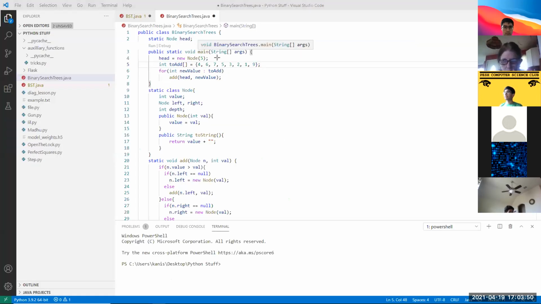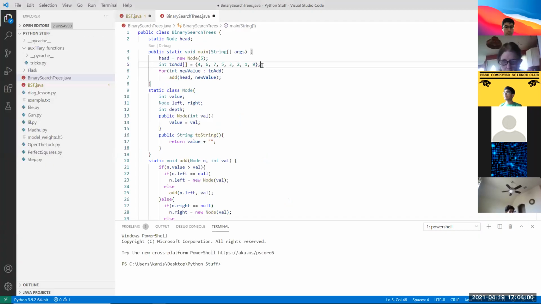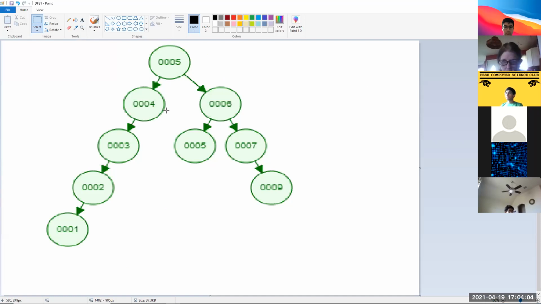It has 5 at the top because that's our head node. And then it goes in this structure. And the numbers inside are these values that we added into add. So the two ways we're going to go through this is first through DFS, then with BFS. DFS is an acronym for depth first search. So in DFS, you first go all the way as deep as you can go, then consider other paths. So in here, we would